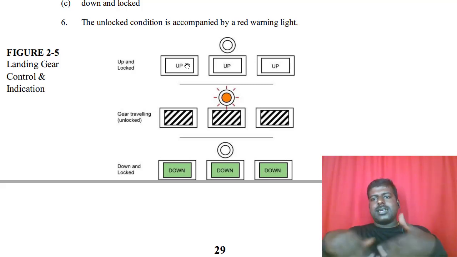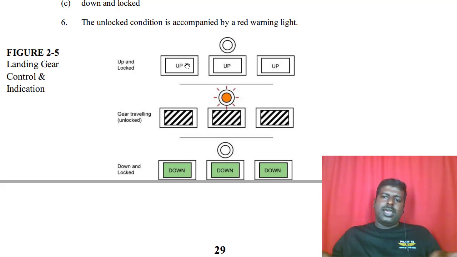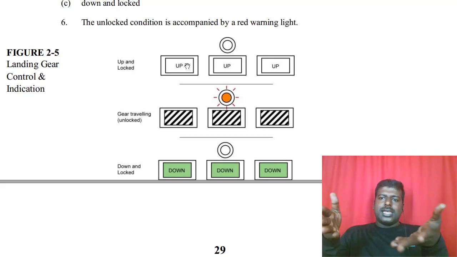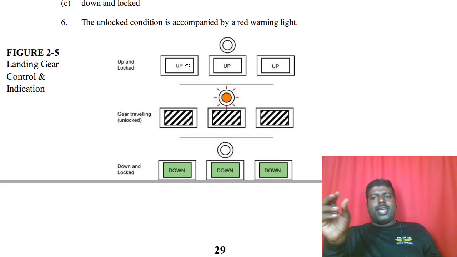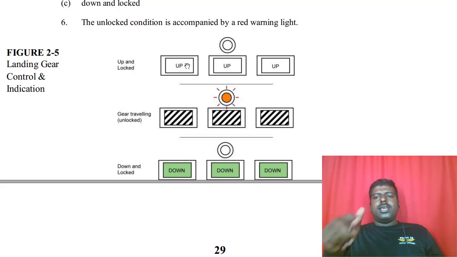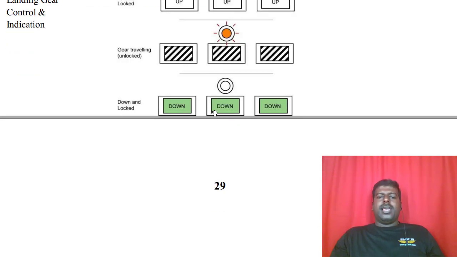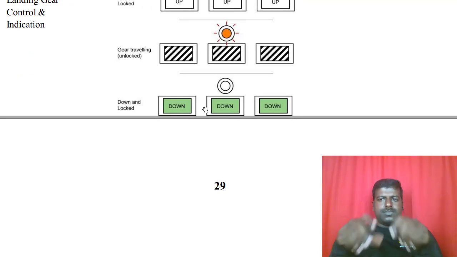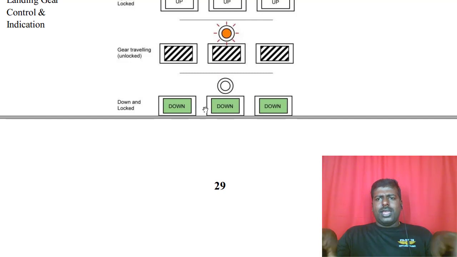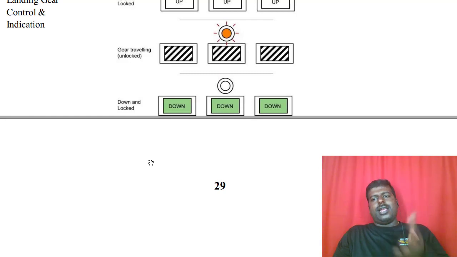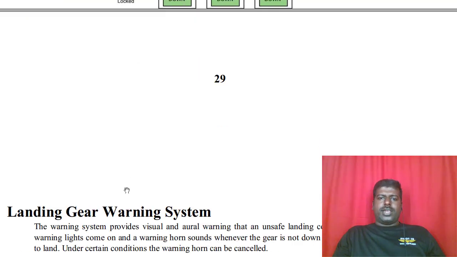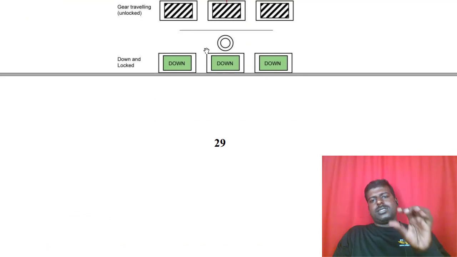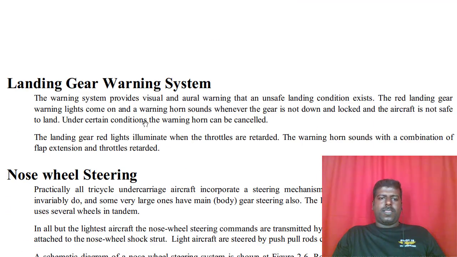Okay, and if it is taking off, then also the upward motion, retraction, is taking place, and it has not been fully retracted. In that time, means during that travel time, a red warning light will be shown. And then comes down and locked. When the landing gear is extended fully, it will go to a locked position, so that the aircraft is ready to land and the landing gear is ready to hold the weight of the aircraft. At that time, a green symbol will be there for that warning.